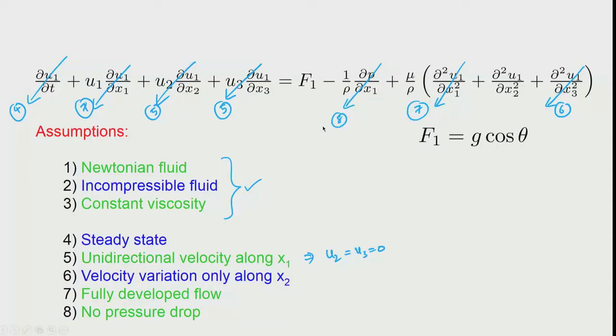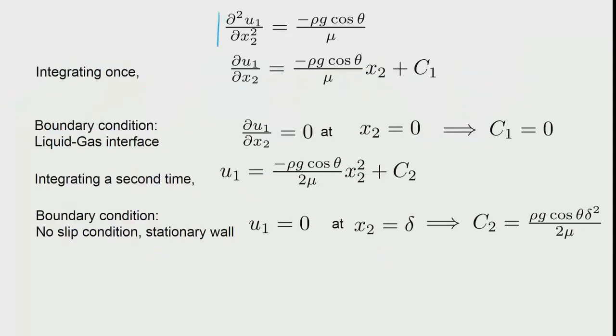So, now our equation has reduced to having only 2 terms. We have got this term and this term. The F1 term is already known to us as g cos theta, because of which it is flowing. So, with this we can now write the equation that we need to solve, appearing in this form. You can see that we have taken the mu and rho to the other side, multiplied with g cos theta, and so we have got this. So, we can see that